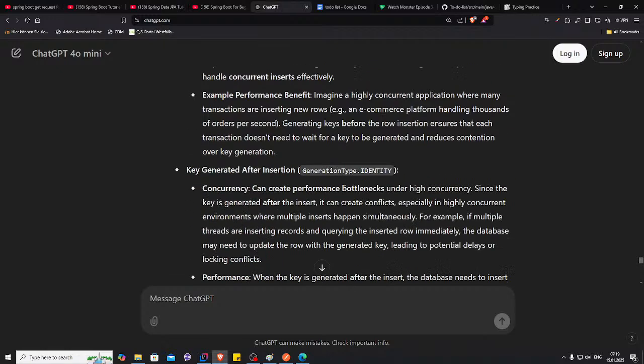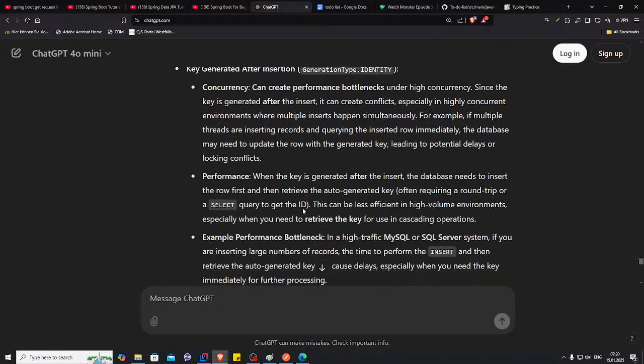Now for the identity. Can create performance bottlenecks under high concurrency since the key is generated after the insert. It can create conflicts, especially in highly concurrent environments where multiple inserts, so it's not good. When the key is generated after the insert,